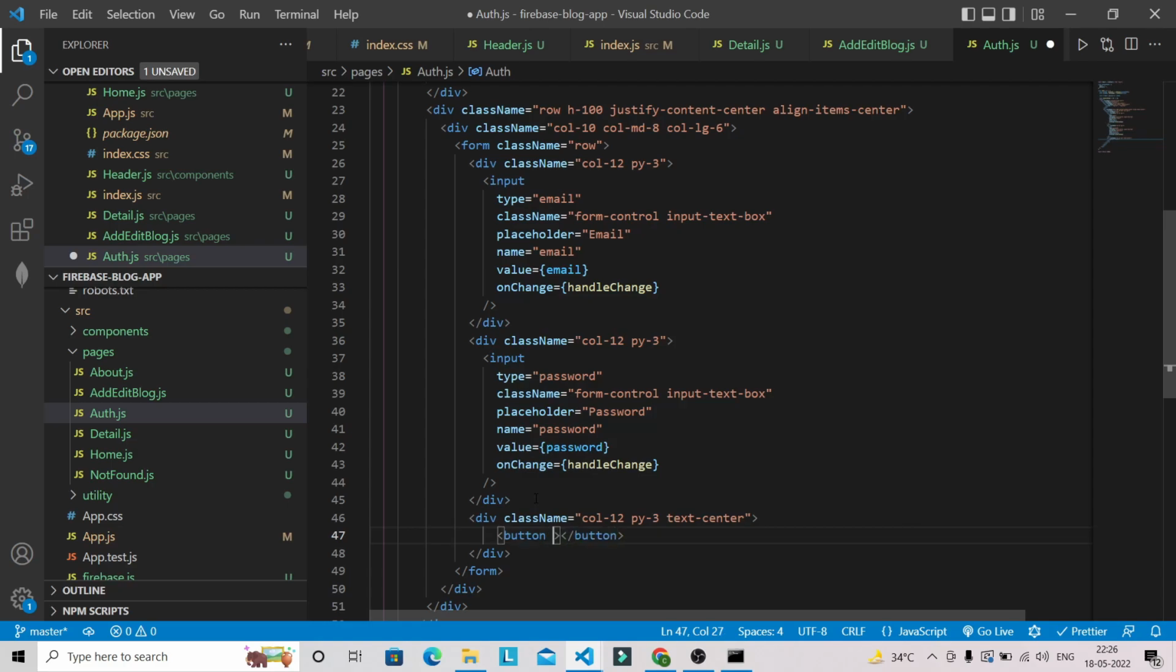So button will be having a class name btn, and here we have to determine whether we are in sign up or sign in form. So the color of button will change for sign in and sign up form. So here first we are going to have a btn, which is a common class name for both button,